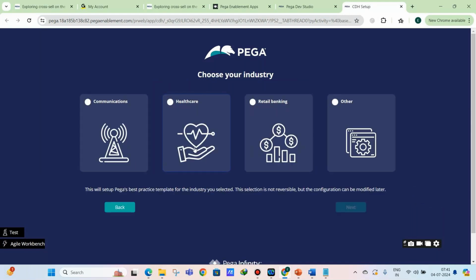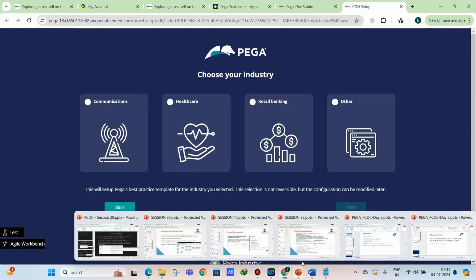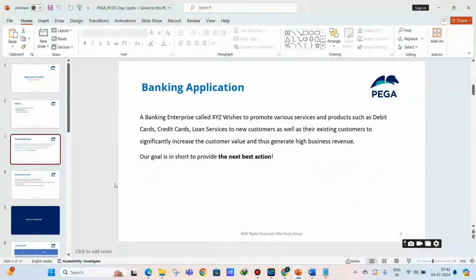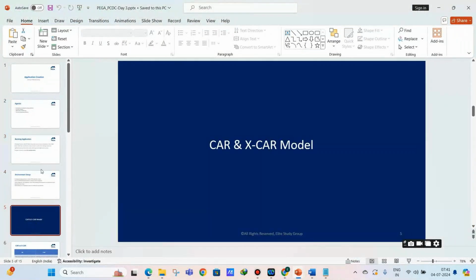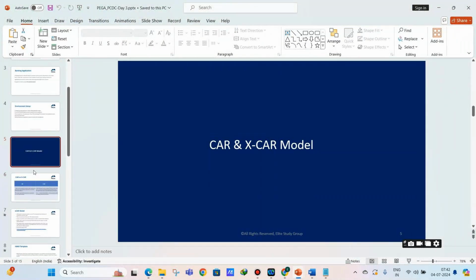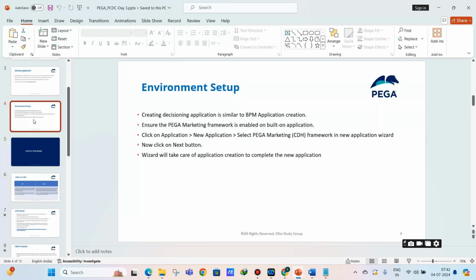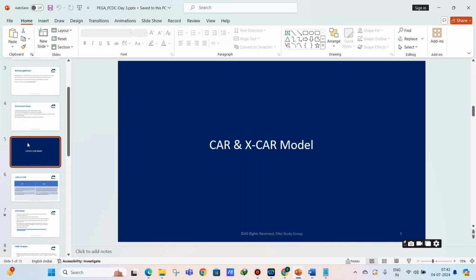So next option is we have to select the appropriate industry. So what is the purpose of this and why is it important? Let us understand that. We have the concept of CAR and XCAR. Once you're done with the environment setup, we have some concept called